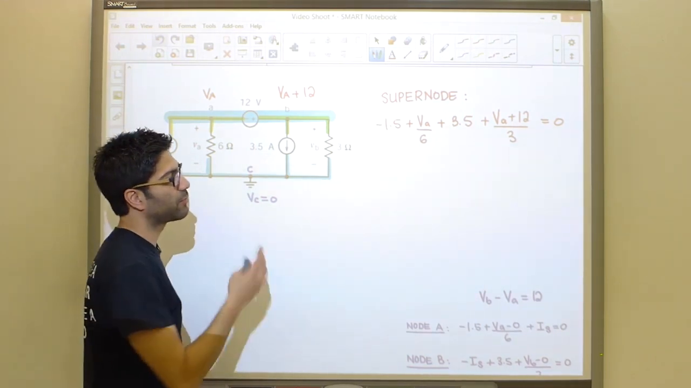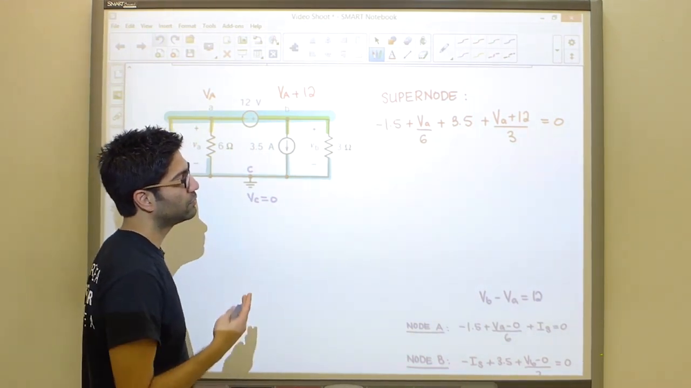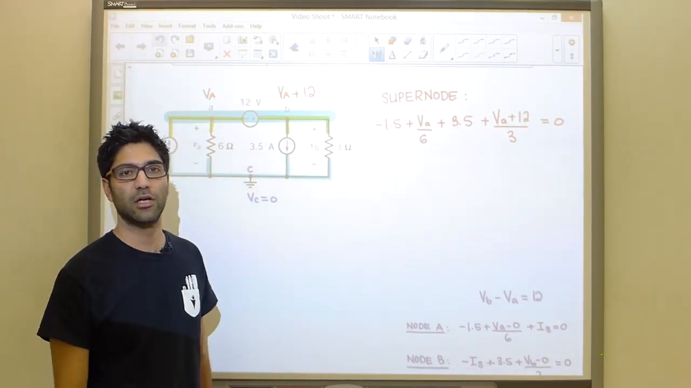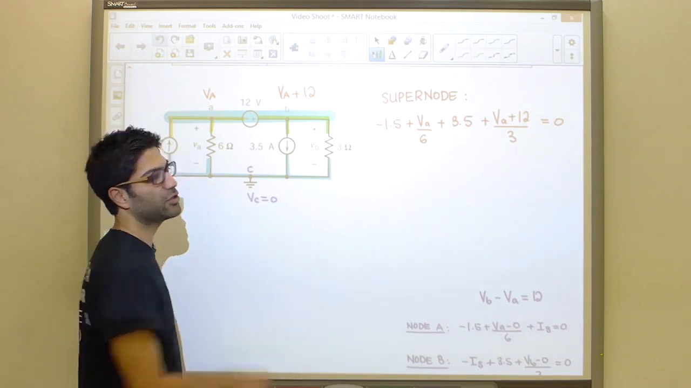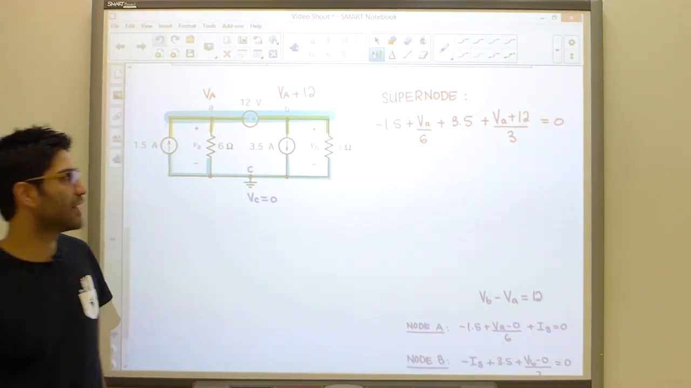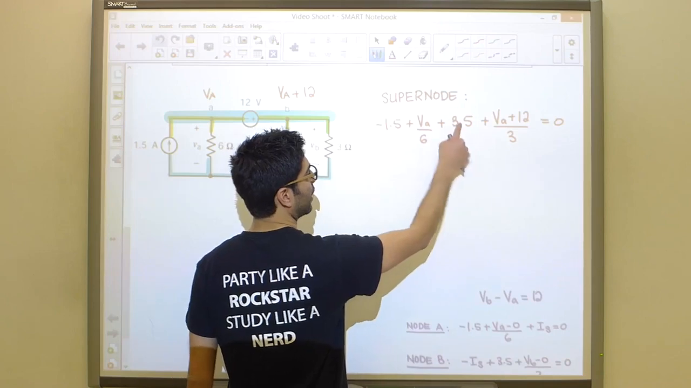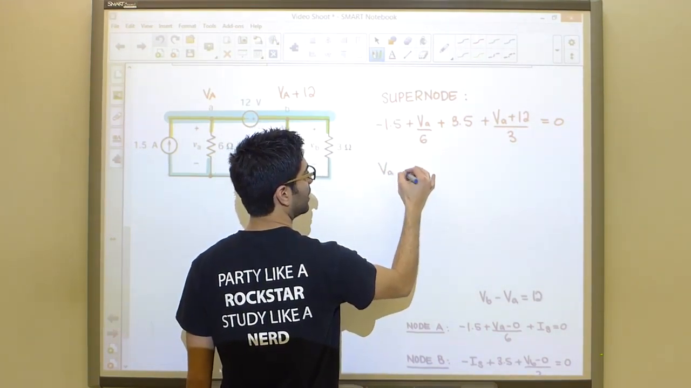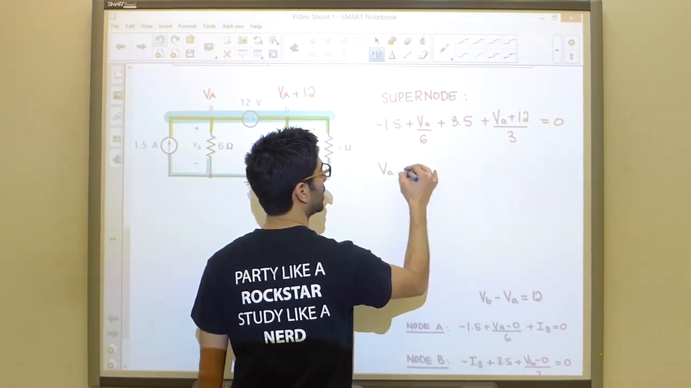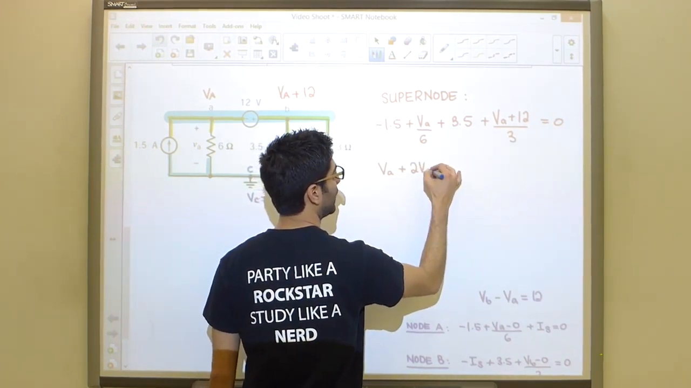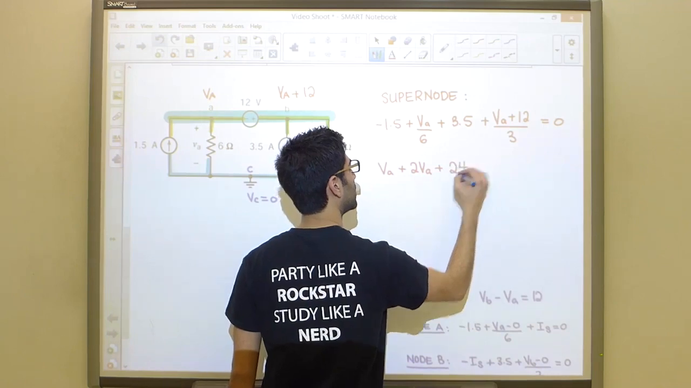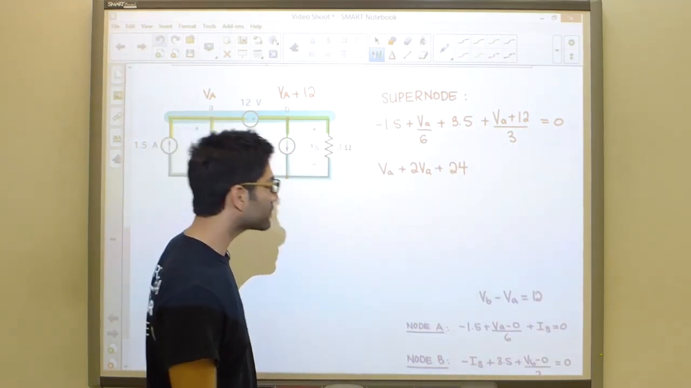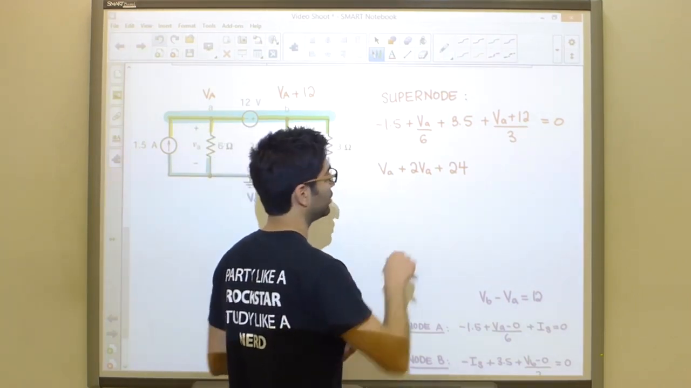So in order to solve this problem, we're going to start by, let's say, multiplying everything out by 6. So let's start by multiplying each one of our terms by 6. That'll simplify things. I'm also going to take these constants to the other side. If I multiply this by 6, I get VA. Multiplying this term by 6 is going to give me another 2VA plus 24. 3.5 minus 1.5 is 2. And 2 multiplied by 6